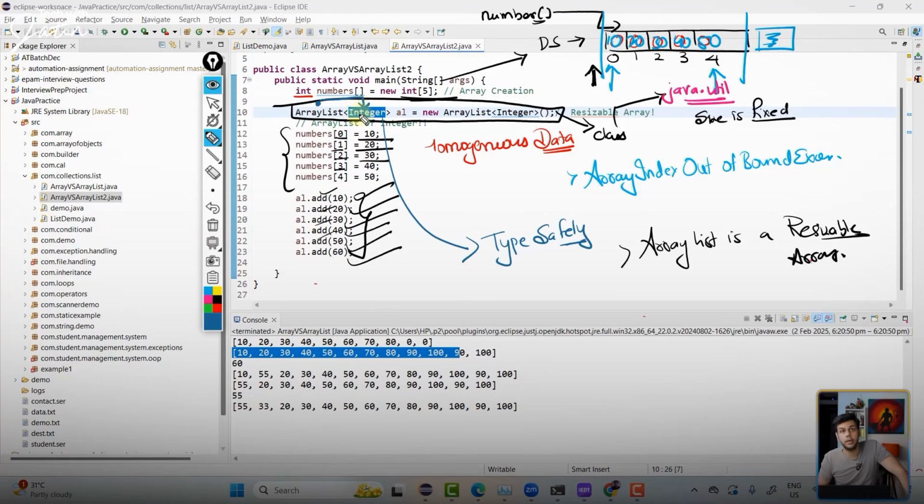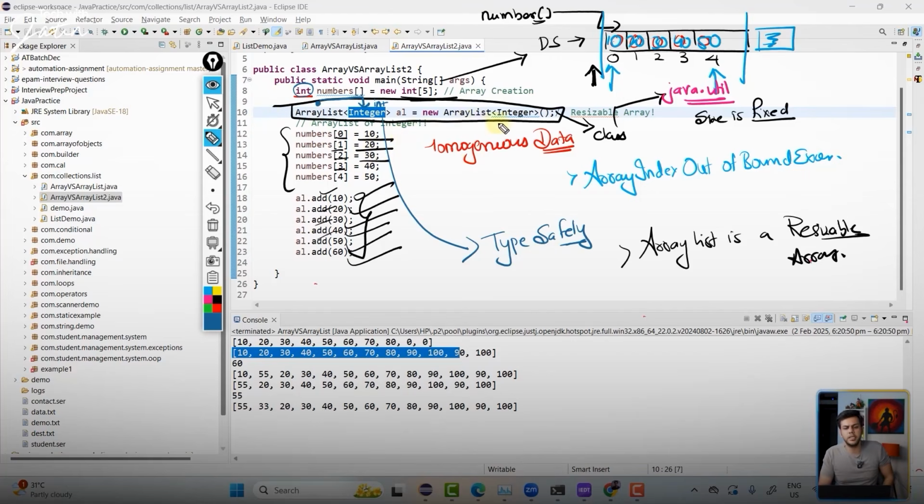Can your generic take primitive data types? No. Can I write over here int? No. Can I write float? No. I can write the Float class. So all your primitive data types have their respective non-primitive classes, and those classes are basically called wrapper classes.